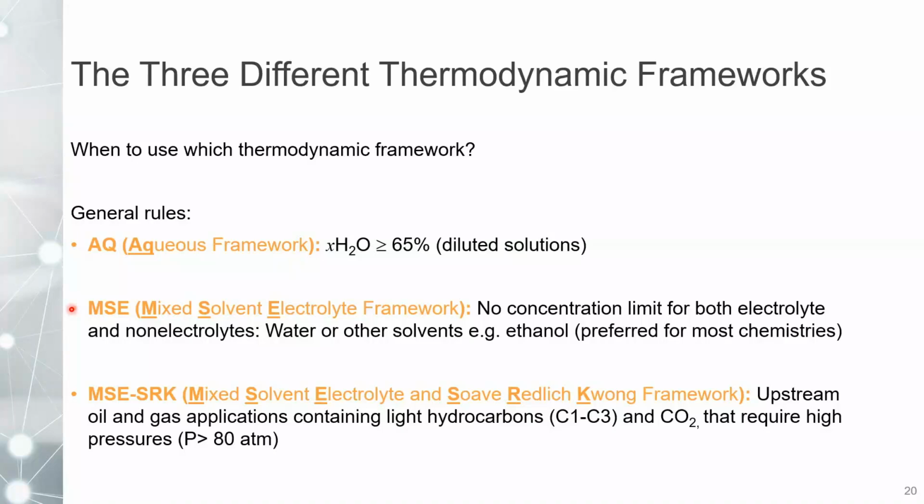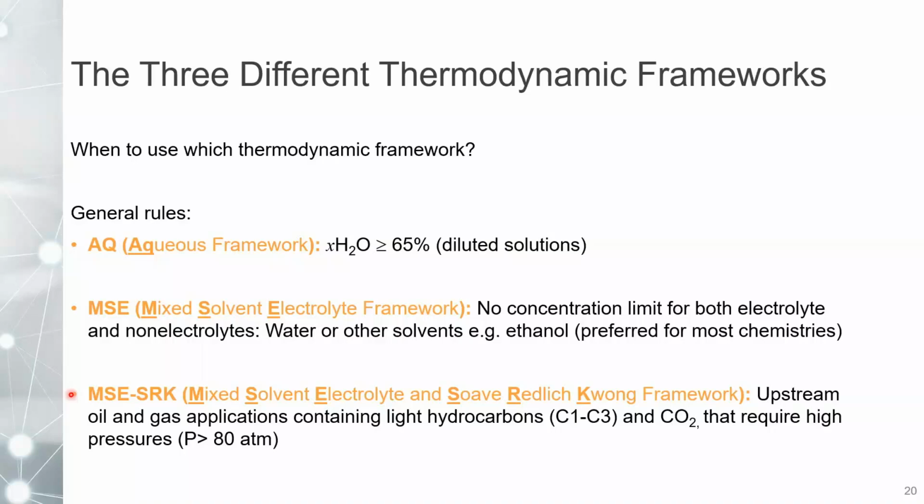Then there was the need to create a third thermodynamic framework for the upstream oil and gas applications. As the oil and gas industry started to produce at higher temperatures and higher pressures, because we are going deeper to produce oil and gas, we are going to what we call critical or supercritical fluids.